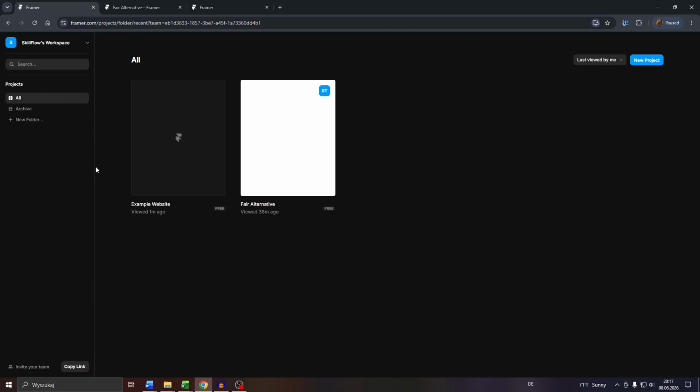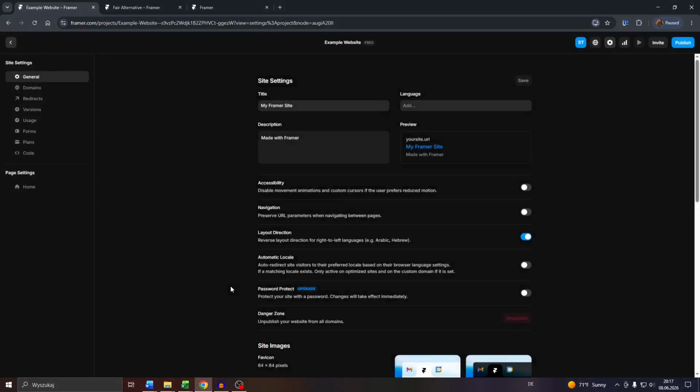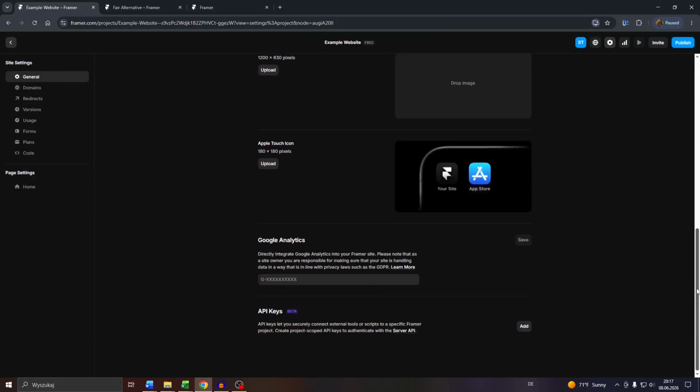What you want to do after that is hover your mouse over the given website project, click into these three dots and choose Open Settings to access your site settings. And then here, navigate to General on the left hand side, scroll all the way down and here under API